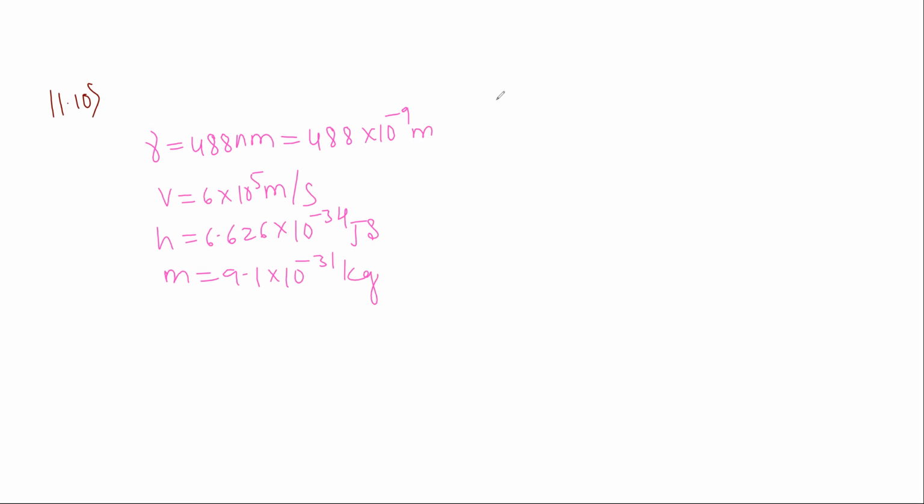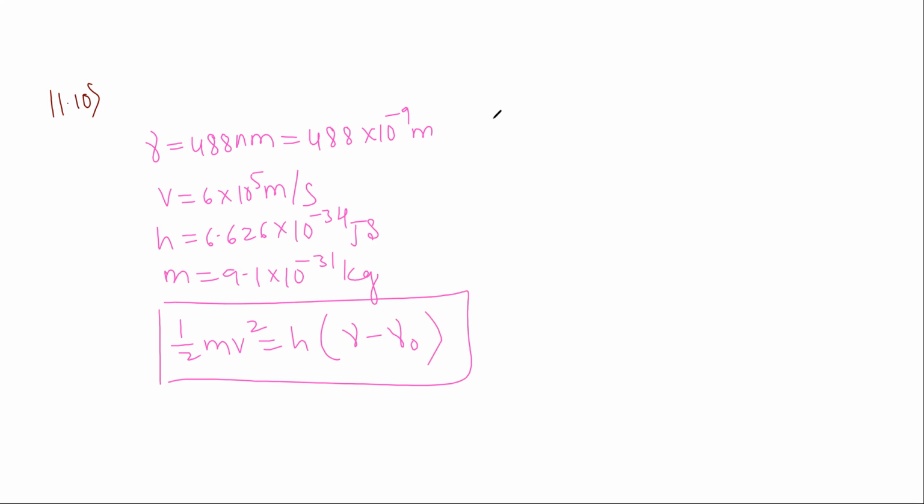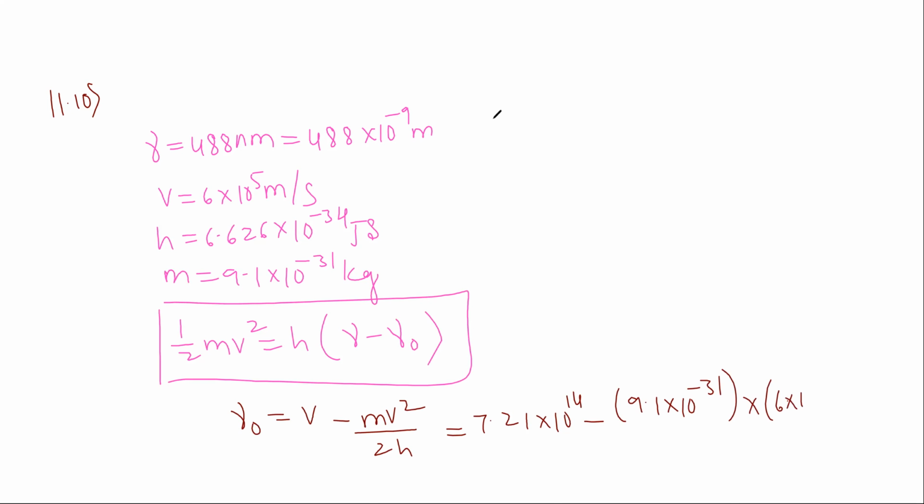So the threshold frequency relation for kinetic energy is written as half m v square is equal to h into the bracket nu minus nu naught. So by using this formula we are going to substitute, since they asked to calculate the threshold frequency. So nu naught is equal to nu minus m v square divided by 2h. Substitute the values: 7.21 into 10 to the power of 14 minus 9.1 into 10 to the power of minus 31 into 6 into 10 to the power of 5 whole square divided by 2 into 6.626 into 10 to the power of minus 34. When we simplify this,